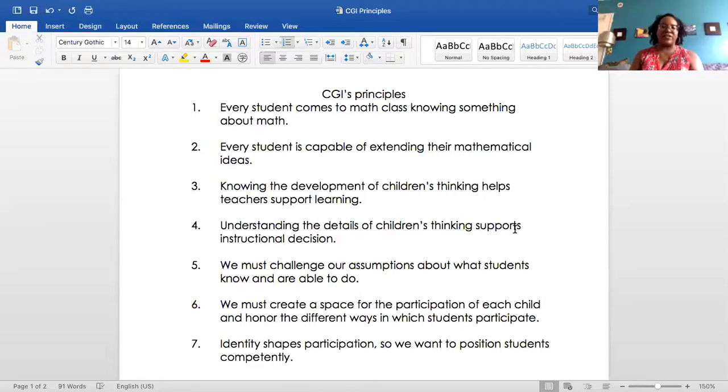Absolutely. Thank you, Esther. So we now know, because Common Core has changed the way we teach, that our goal is to develop students who are based in process learning, able to analyze their process, able to reflect. We're preparing students for the 21st century, for jobs that don't even exist. So with that in mind, as you look at the CGI principles,